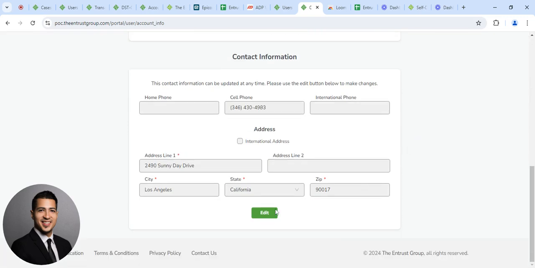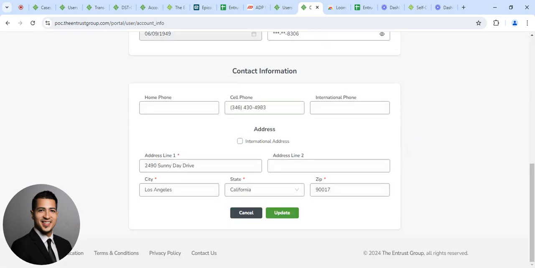And if you scroll all the way down and click on edit, here you can change your phone number and your address. Now, unfortunately, you cannot change your email address in the online portal, but what you can do is complete a change of contact information form, send that to us, and then we'll go ahead and get that updated